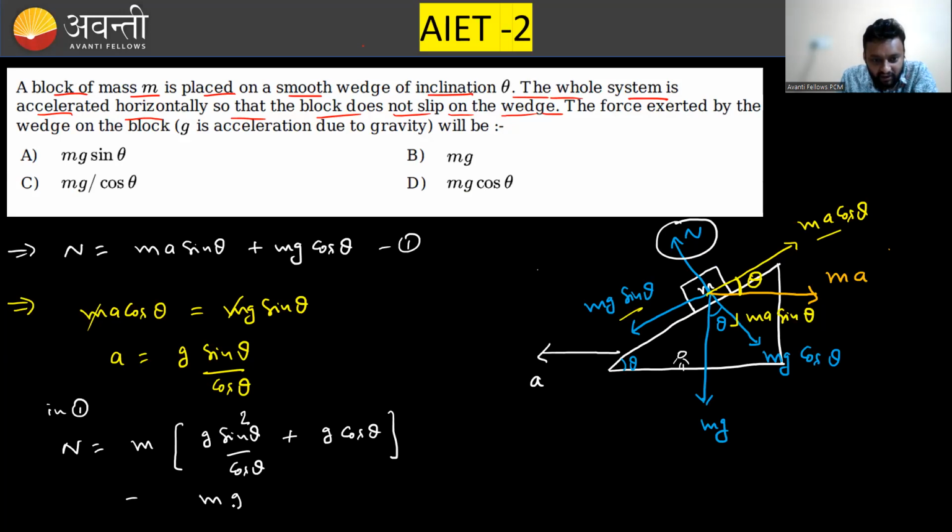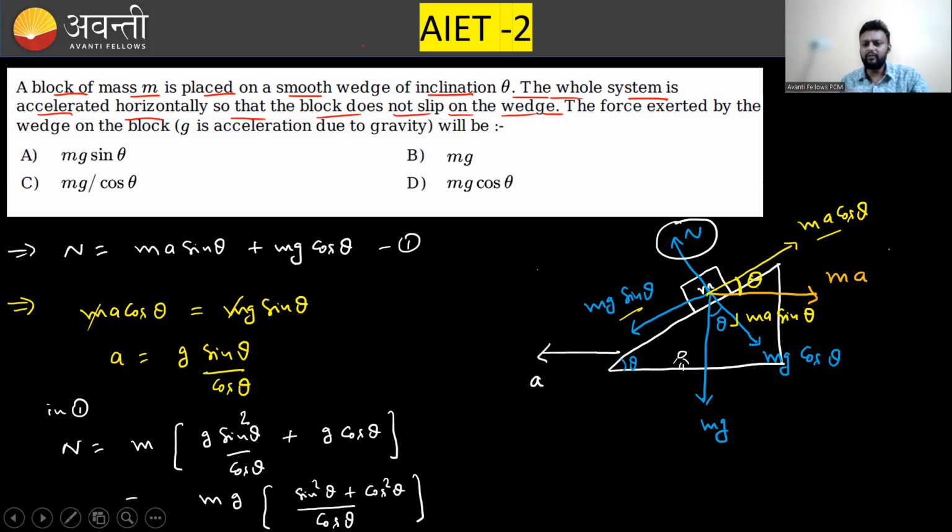So you can take g common and I am taking the LCM. So LCM will be cos theta, with sin square theta plus cos square theta. I know everyone knows how to take the LCM in such a situation. LCM will be cos theta. Cross multiplying it, g is already common. So this numerator will become 1. So the final answer,